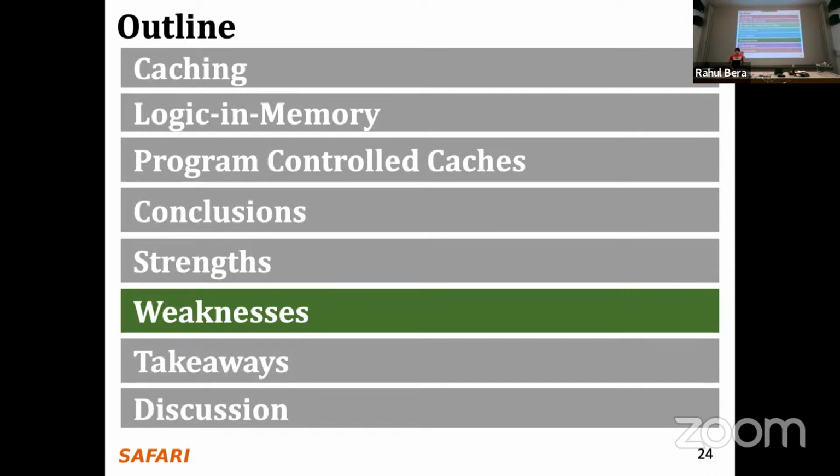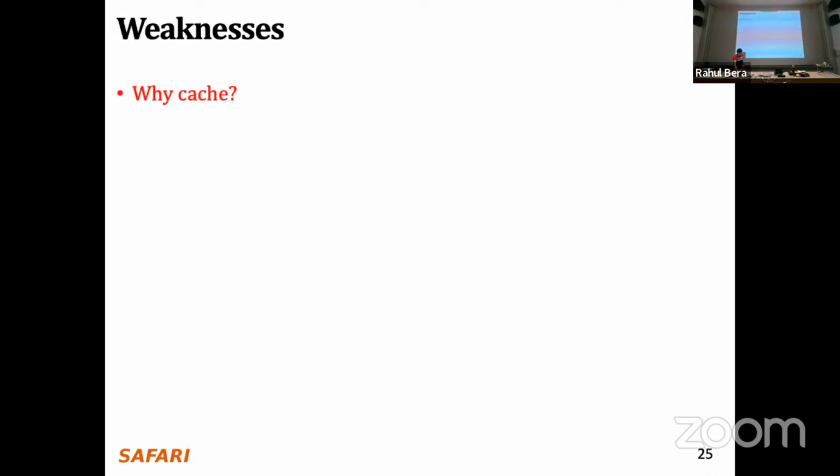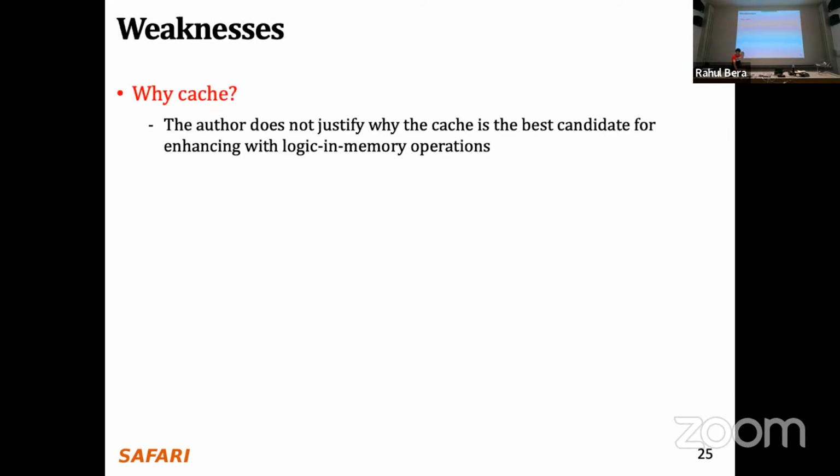Finally, some weaknesses of the paper. Why cache? The author talks about enhancing the cache with logic in memory operations, but why does the author concentrate on caches? As we are recently seeing, there's a lot of processing in memory research going on. It could very well be the case that back in 1970, the bottleneck was not in moving data from memory to cache, but it could have very well been that the bottleneck was in moving data from cache to CPU registers. However,